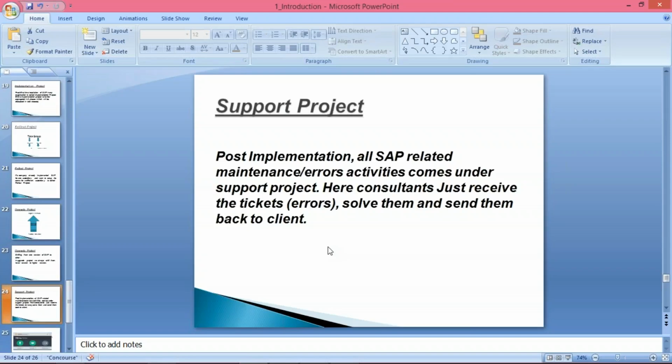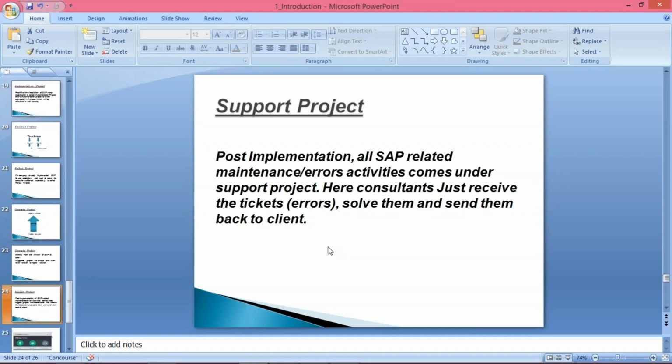So these are the four types of projects, guys: implementation, rollout, upgrade, and support. These are the four kinds of projects in SAP, and most likely once you get placement, once you become a consultant, there is a 90 to 95% chance that you will be part of a support project, because the number of support projects will be much higher compared to implementation or rollout.